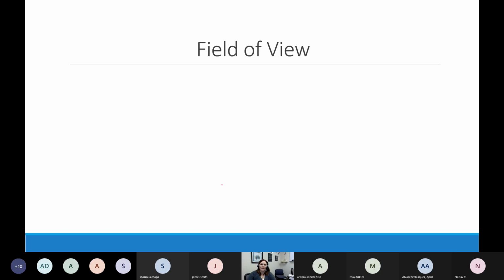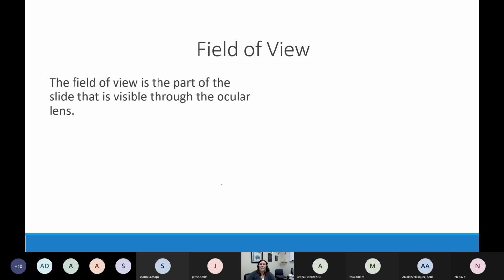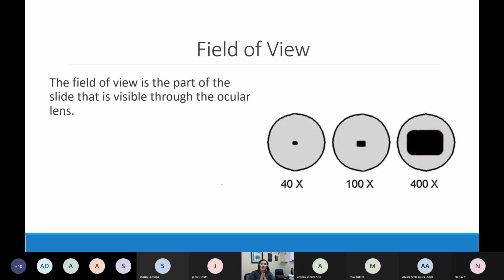In addition to how deep you can see, we also need to be aware of how wide we can see. So the field of view is how much wide space on our slide we're able to see. We're looking at a picture here of a really boring slide. I am happy to report that in lab next week, we aren't ever going to look at something as boring